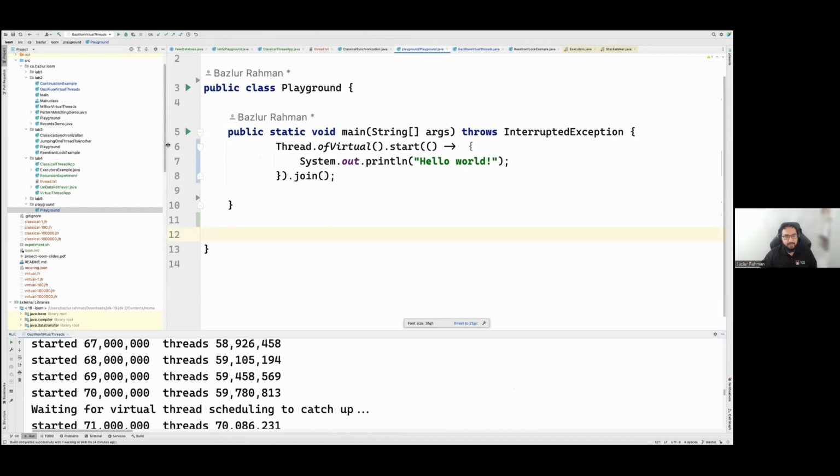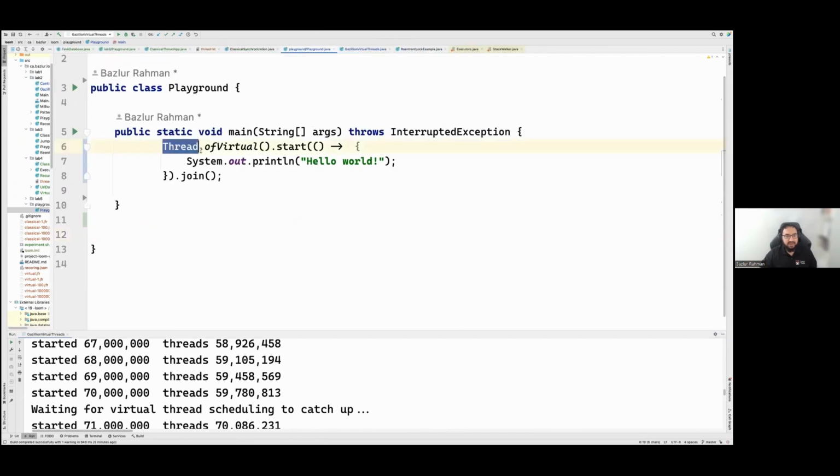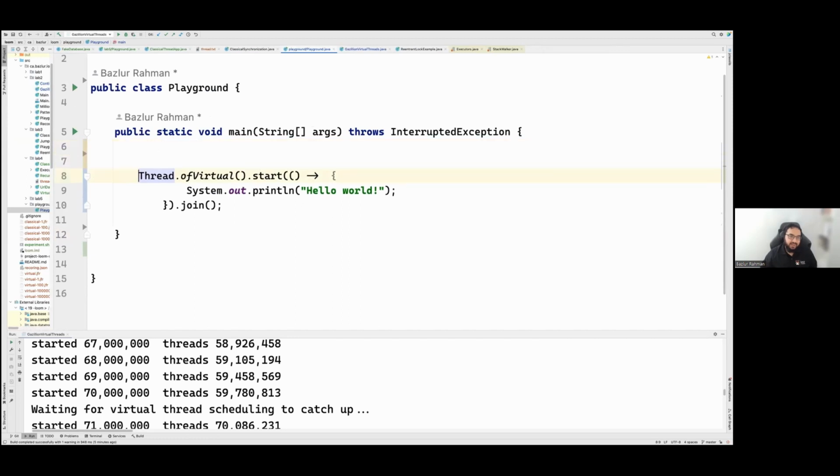Over here, if you want to create a virtual thread, interestingly, for virtual threads we don't have a new VirtualThread class. It is inside, but as a developer, we're not going to get two kinds of classes, one for threads and another for virtual threads. We are still going to use the same class, which is Thread, and there are some factory methods available now, and we can use those factory methods to create virtual threads.